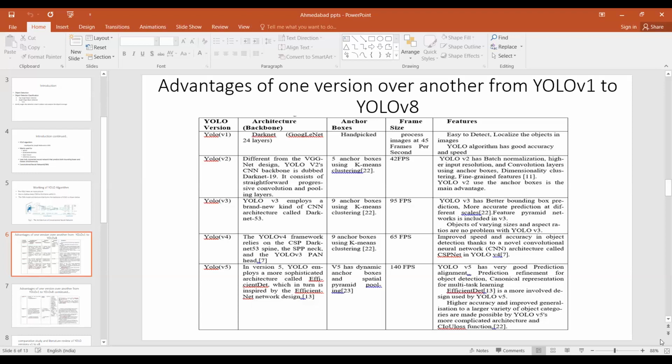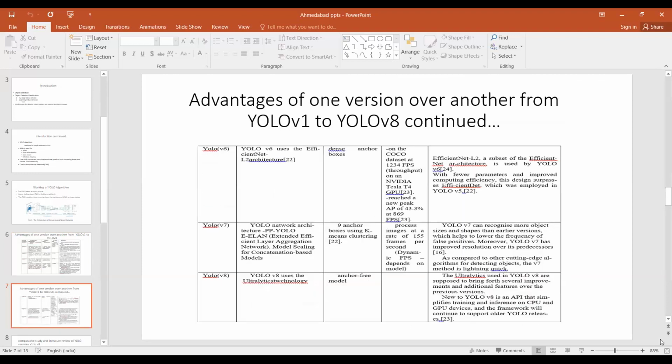YOLO V6 uses the EfficientNet-L2 architecture, dense anchor boxes, and the COCO dataset, and it processes images at 1234 frames per second with fewer parameters and improved computing efficiency. YOLO V7 uses the YOLO network architecture, and it uses 9 anchor boxes using k-means clustering, and it processes images at